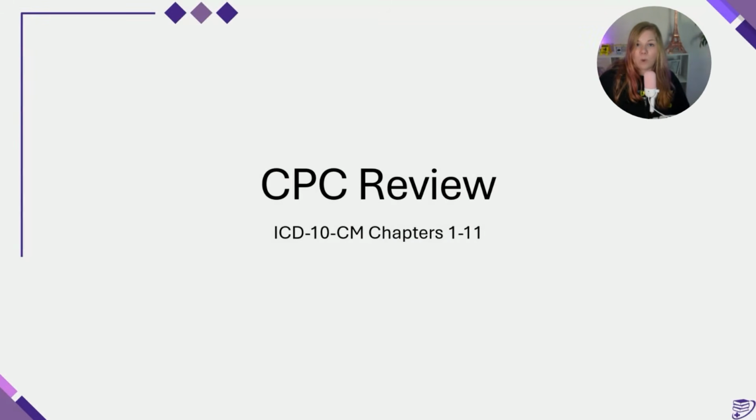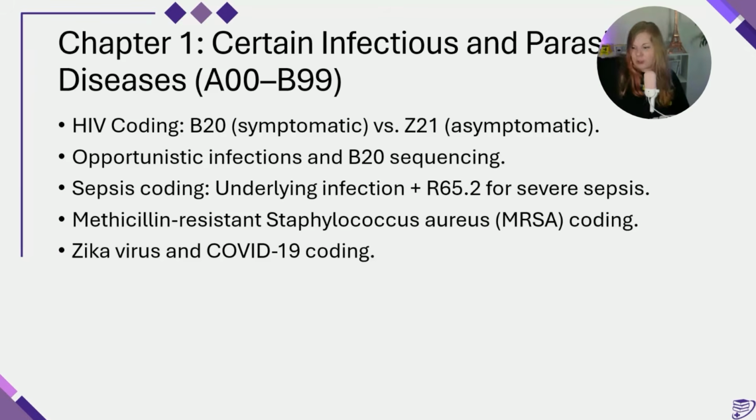In any case, I want to start out going chapter by chapter through ICD-10-CM. Now we're going to cover 1 through 11 in this video, starting out with our chapter 1. So chapter 1 covers infectious and parasitic diseases, and it has a focus on coding for things like HIV and sepsis. So when we're thinking about our HIV coding, it's important to remember that B20 is used for symptomatic HIV